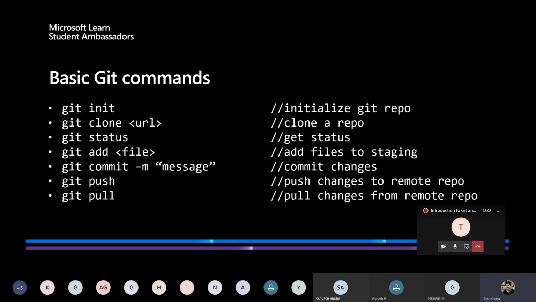If you are working on a repository and have modified a file and committed the changes, still the changes will not reflect in the GitHub repository, the remote repository. They will not be reflected. If you want those changes to be sent there, then you run git push. And if you want to receive the changes from the GitHub repository, which someone else might have pushed from their local machine, then you run git pull. Okay, so I'll show you how these commands work later.